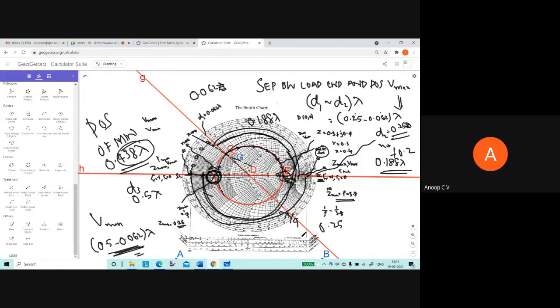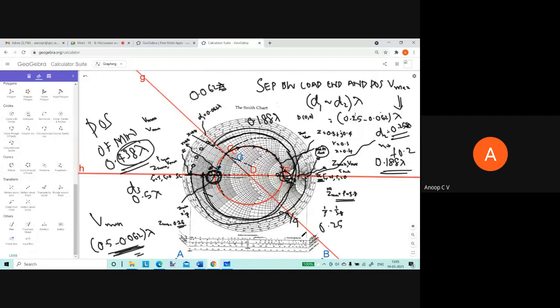So what we did is we saw how to locate an impedance point on the Smith chart, right? Then we know how to draw a constant standing wave ratio circle. And if the constant standing wave ratio circle is drawn, it will intersect the real axis at 2 points. The rightmost point corresponds to Z max, V max, rho or I min, and the leftmost point on the real axis corresponds to Z min, V min, I max, and 1 by rho. So from that we can find Z max, Z min, rho, 1 by rho, whatever we need, right?